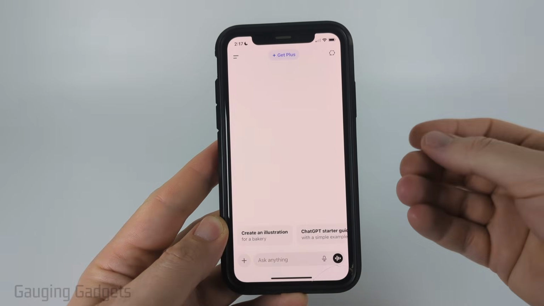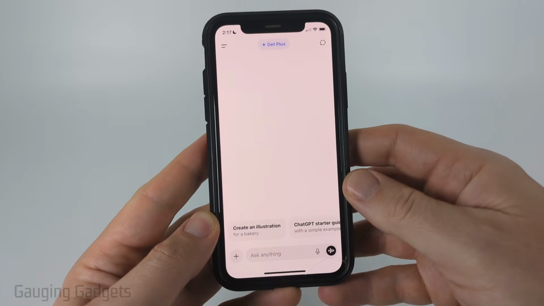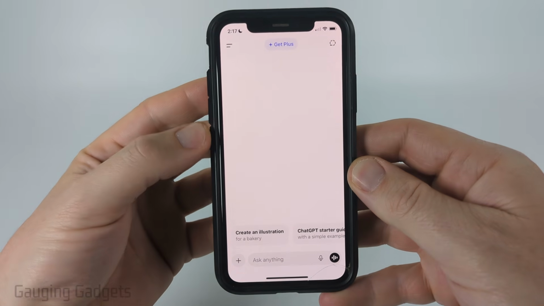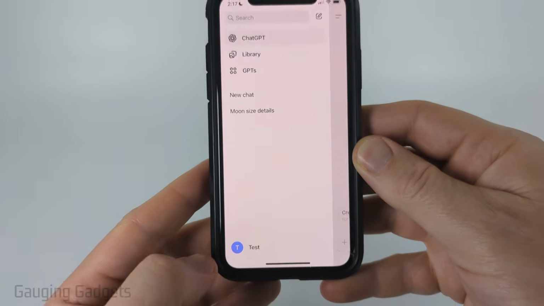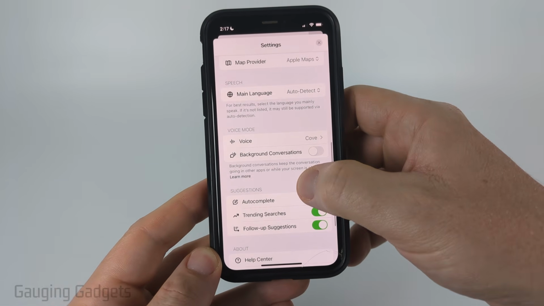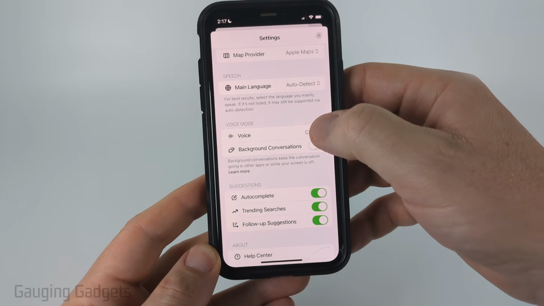Now to change ChatGPT's voice within the app on an iPhone or Android phone, simply open up the app, select the two lines in the top left to open up the menu, and then select your username in the bottom left. Once it opens, scroll down until you get to voice mode, and then select the little menu next to